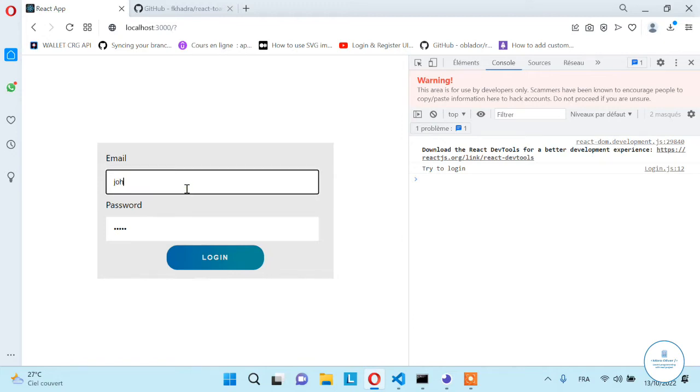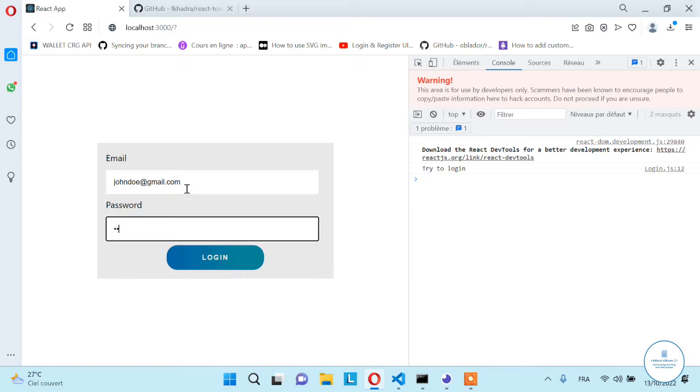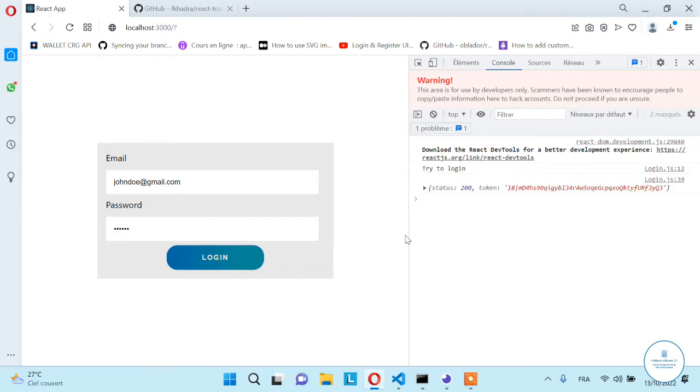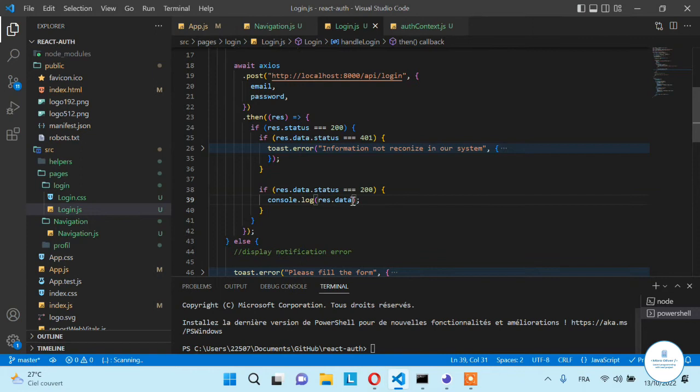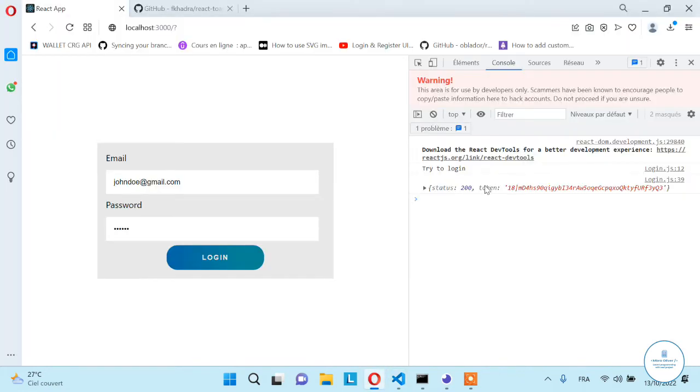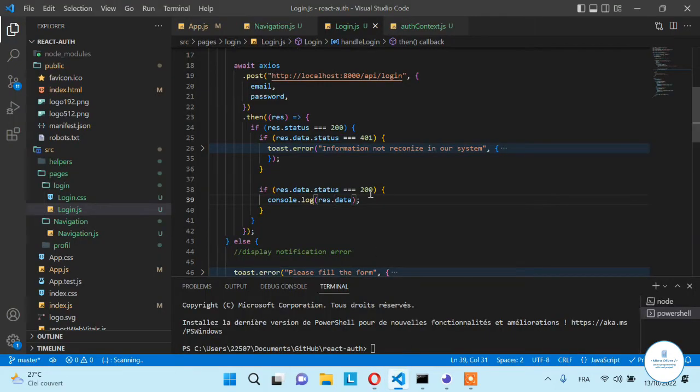So now let's provide some good email and some good password. 1 2 3 4 5 6. The red became cool, good, and let's try to log in now. And here when we click on login, because the user is found, we have this response data that we log here. We get the status and the token, and we get these two when the information is correct. If we get them here, it means that the information that the user has typed here is correct. Okay,